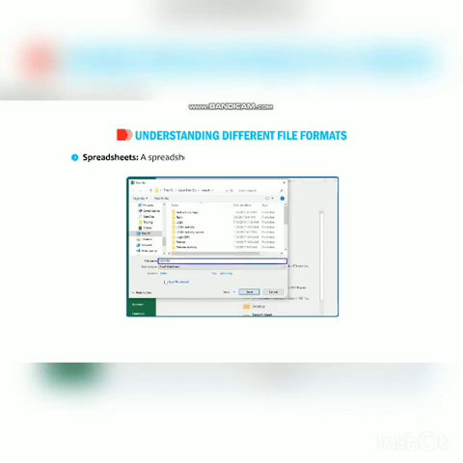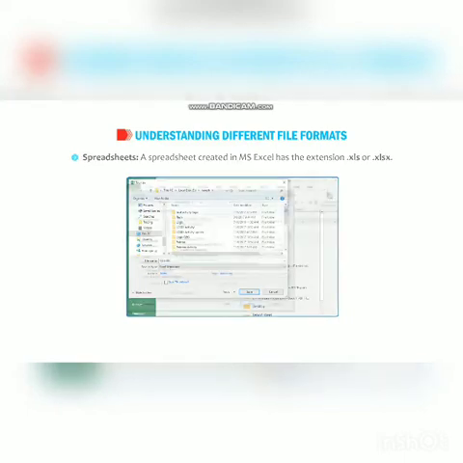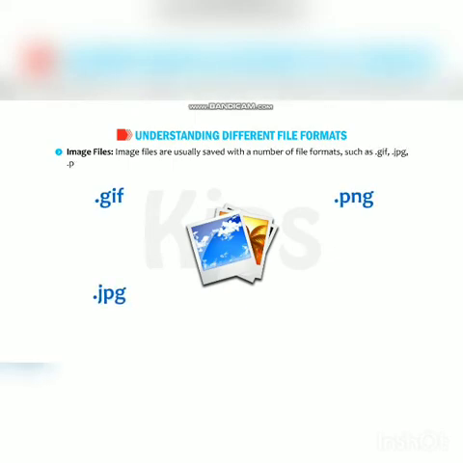Spreadsheets. A spreadsheet created in MS Excel has the extension .xls or .xlsx. Image files. Image files are usually saved with a number of file formats such as .gif, .jpg, .png, .tiff, etc. Audio files.